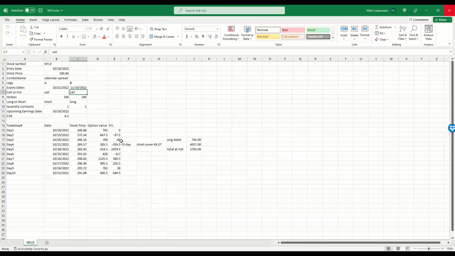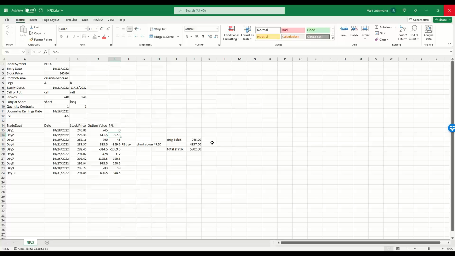So anyway, Netflix turned out to be a losing trade in the first days, and the way Stephen models this trade, he's out of this trade sometime in that very first day. It either works or it doesn't work. Correct me if I'm wrong, Stephen, but I don't think Stephen sticks around crossing his fingers, hoping that things are going to turn around.